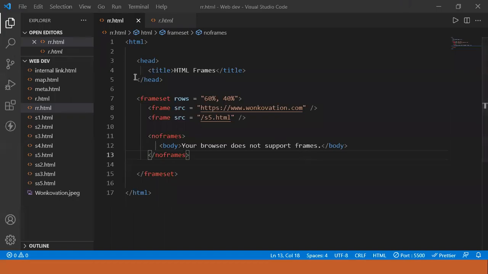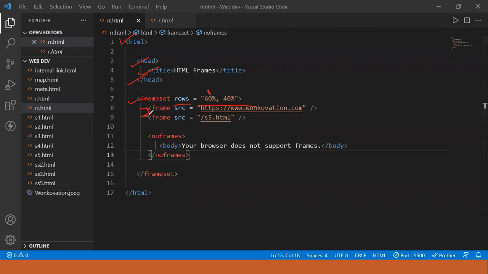So over here, first of all, we have included the head HTML, then head and title, then the HTML head has been closed. Before opening the body, first of all, I am going to add a frameset. In the frameset, if I want to divide the web page into rows, I will put in whatever dimensions I want. After I have given the two dimensions,